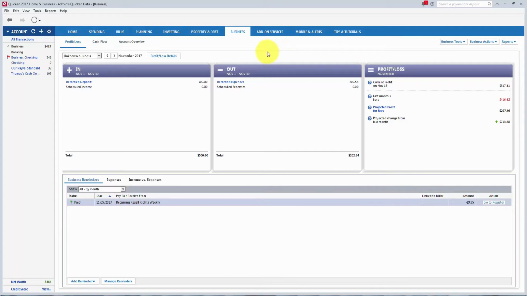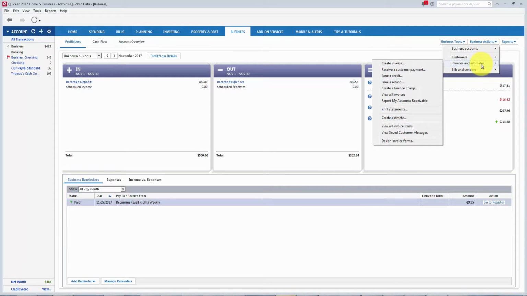Hello and welcome. Now in this video, we're going to work through the process of using Quicken to track the activity when we actually do contract work. To do that, we're going to go to the Business tab, and then come over to this right side menu and go to the Business Actions area. We're going to go to Invoices and Estimates, and we're going to click the